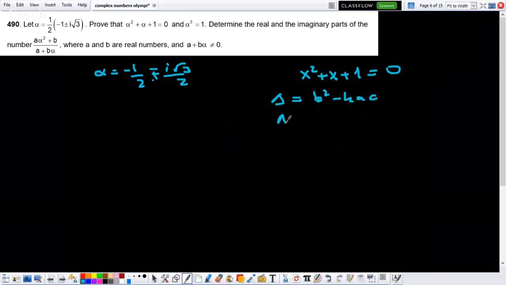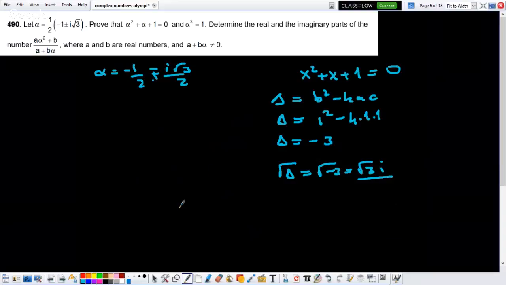You know that one. Delta is equal to 1 squared minus 4 times 1 times 1. Delta is equal to minus 3. Root of delta is equal to root of minus 3, which is equal to root 3i. Then x1 is equal to minus b plus root of delta over 2a,